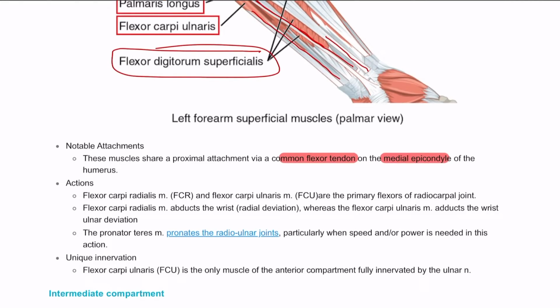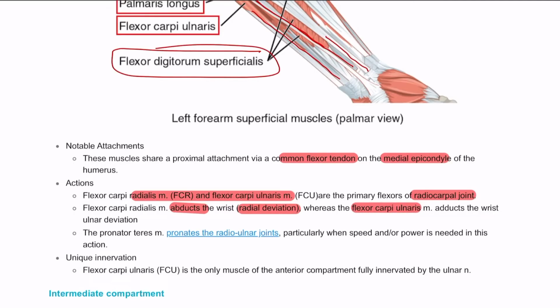So in terms of flexor carpi radialis, and both of them, carpi radialis and carpi ulnaris, these are the primary flexors of the radiocarpal joint, or the wrist joint, right? These are the flexors of the wrist joint. Carpi radialis can also abduct, or cause radial deviation of the wrist joint,